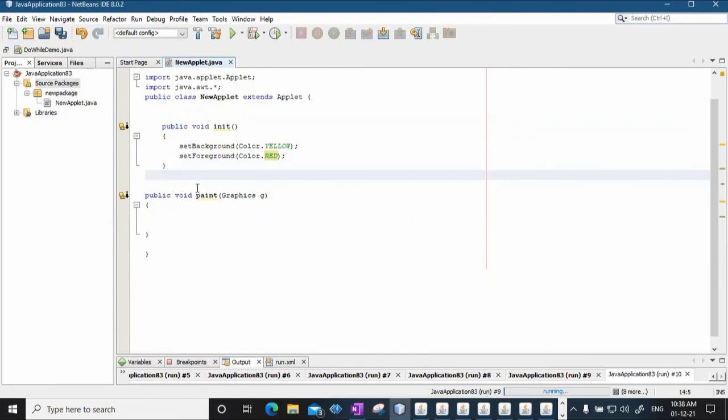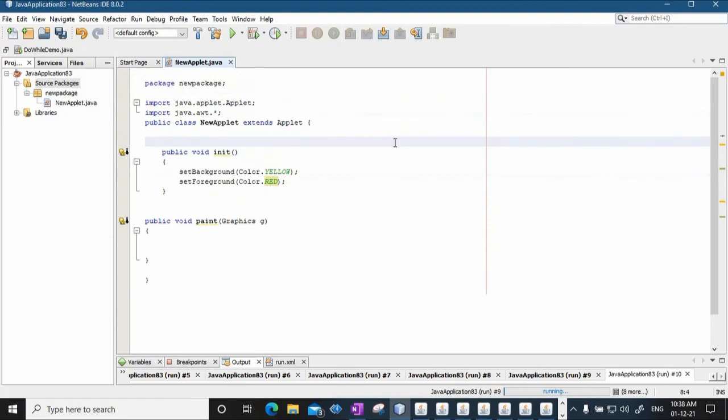Now a few things that I need to do. First, I will have to specify the values of the x and y arrays. So I will say int x array equal to all those values which are given in the table for x, and I am going to insert them. The first value was 0, then 60, then 120, then 180, then 240, then 300, then 360, and the last value was 420. So these are the x values.